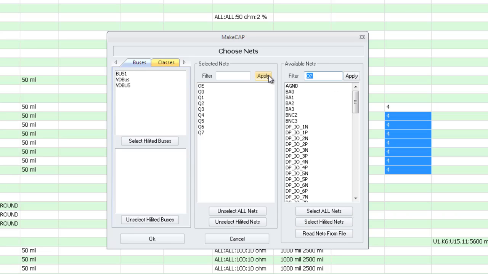Or I could select just O star. And when I select this time, I'm going to collect the out A and out B and say, oh, I don't like that, so I can highlight that and unselect those from my collection box, and so on. So I can select a variety of ways. I can also simply highlight from the list and bring those over. And when I say OK,